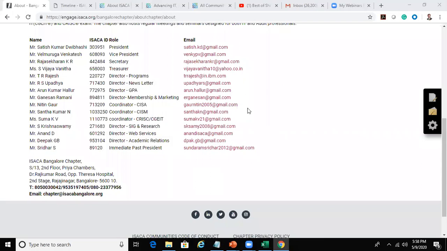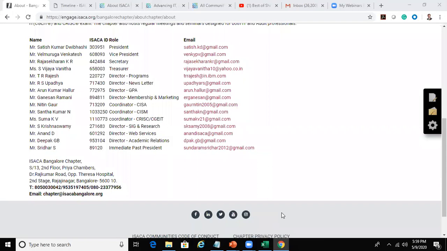Firstly, a very warm welcome to all the members who've joined today. I know we are currently in a situation where we really can't step out, and these forums would actually help us to use our time in a very productive manner. So we from ISACA Bangalore chapter wanted to make it convenient to all the members and non-members to really spend their time in a very qualitative manner, take decisions on what they need to achieve, how beneficial this certification is going to be for them. And also we want to give you some bit of insights about what each of these certifications is going to be